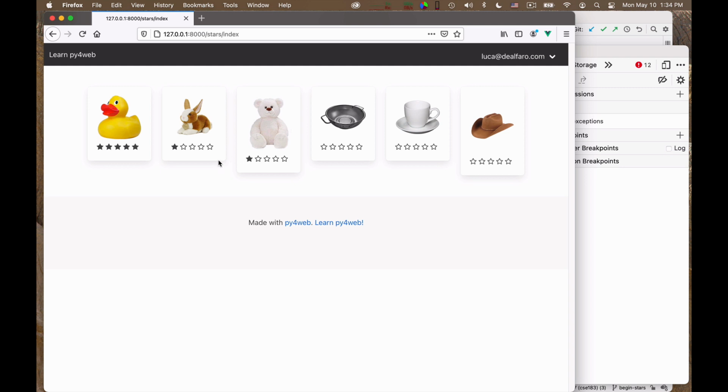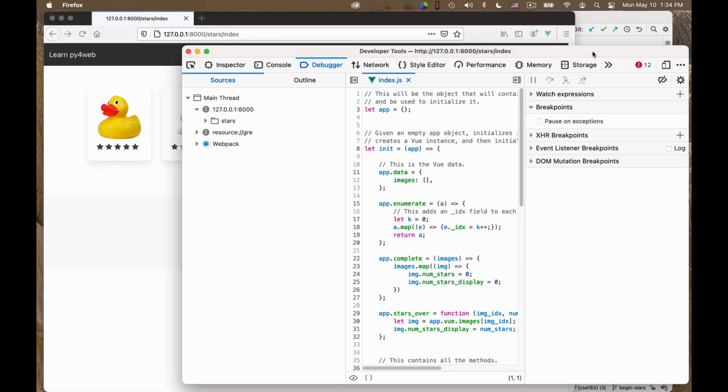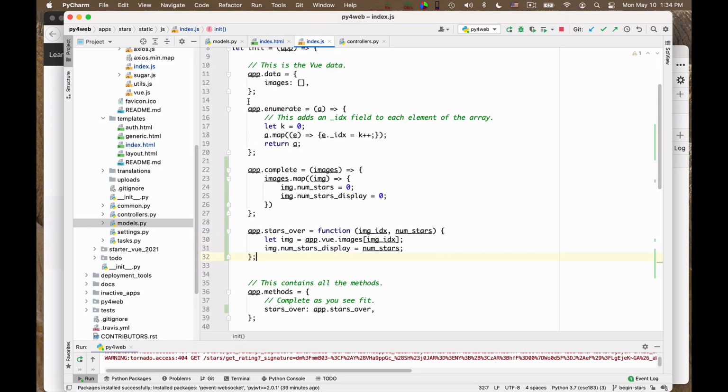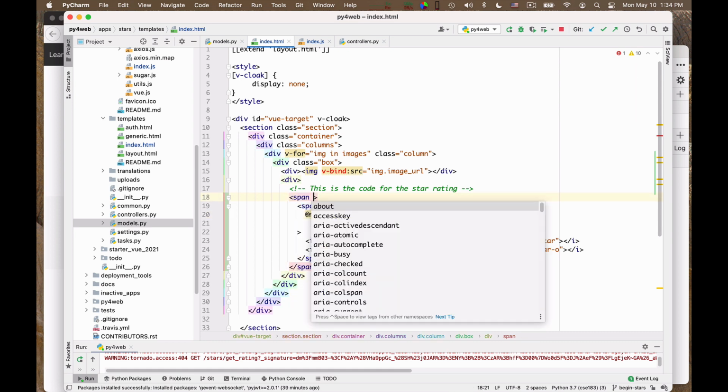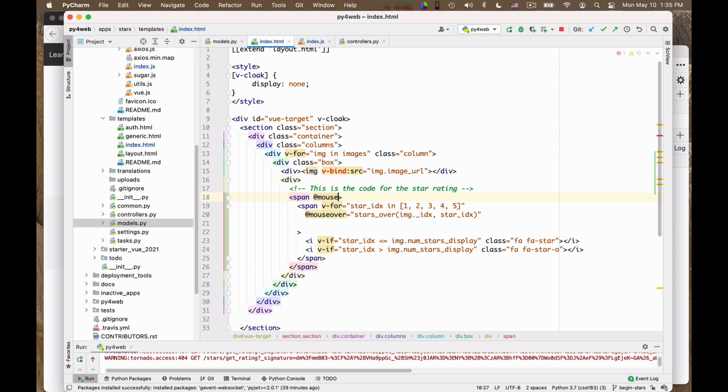So I have to implement an action in case you move the mouse away. That event is called the mouse out event, and it will be handled here. You see, the reason I put a span around all these is that I wanted to have a single span here to catch the mouse out event. This span contains all the 5 stars, and so if I do a mouse out here, I catch the event of when you move out of the star region.